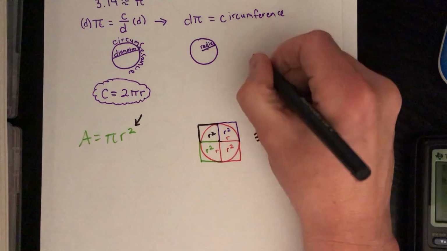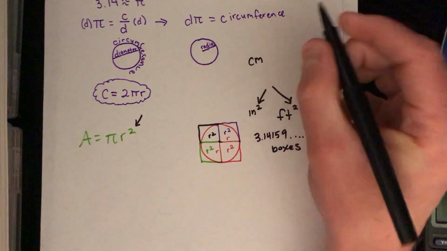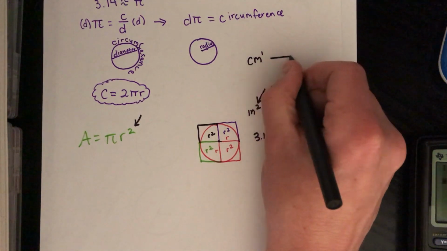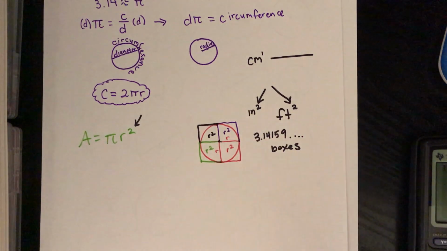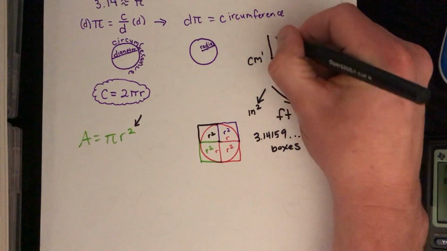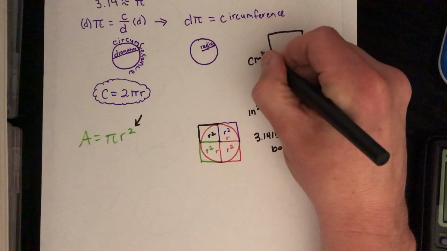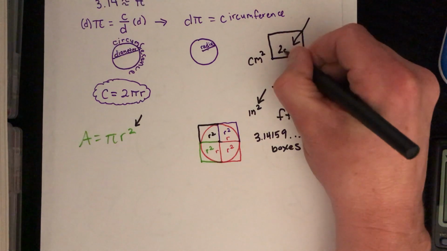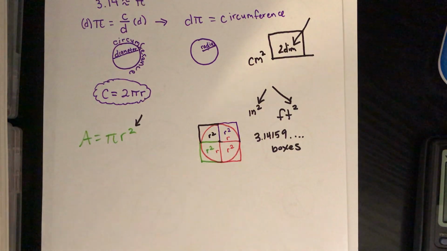But if you write just centimeters, and then there's no number, maybe an invisible 1, that's a 1-dimensional unit of measurement, right? Like a straight line. When you've got a 2 up here, you're talking about a 2-dimensional unit of measurement, like a box. So if we were to take this cm and make it centimeters squared, now we're working in 2 dimensions, right? And then later, when we talk about volume, we'll look at 3 dimensions.